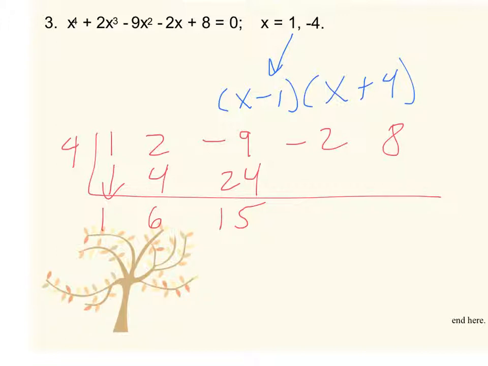Okay, let's go back. My first thought here is, did I miss any gaps? We have 4th degree, 3rd degree, 2nd, 1st, and 0. Nope, it's all set up good. 1, 2, negative 9, negative 2, and 8. That looks good. Let's keep going here and see what happens. 4 times 15 would be 60. Negative 2 plus 60 would be 58. This would give us a large remainder and would not verify